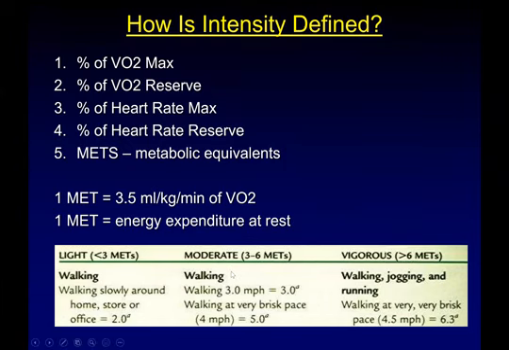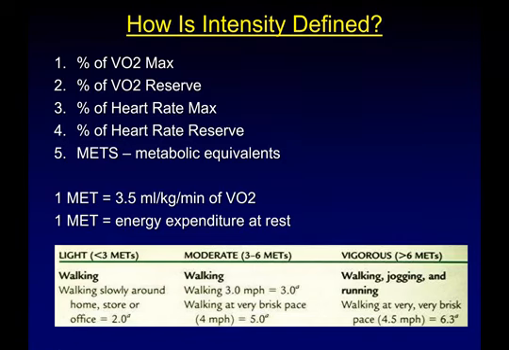So this is what we consider moderate. So anything that's like that. So you can do moderate on the bike or on the elliptical. You just need to stay in this range. Stuff where your breathing has gone up, but it's not really gone up very much. Okay. Vigorous intensity activity is anything over 6. Okay. Walking very, very fast, jogging, running, things of that nature. Anything really over 21 mLs per kg per minute normalized to body weight is going to be that. That's how we have laid these things out, okay?